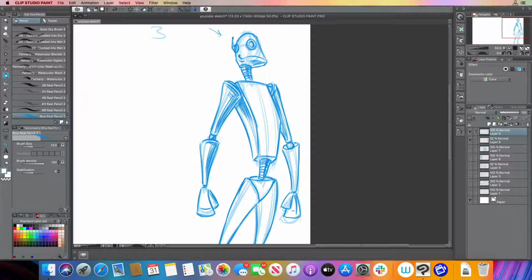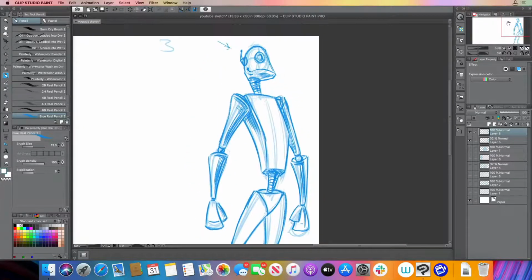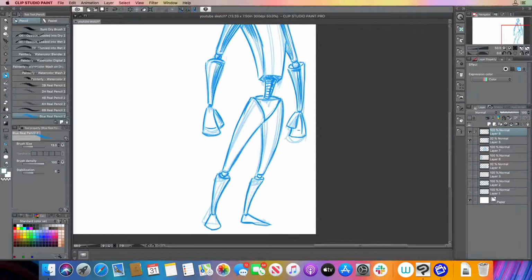Nice little shading. Really cast that shadow to give this guy some weight. Go all the way down. And I'm going to go revisit the head a little bit. I want to really capture that there is some shape there. All right, now the hips,